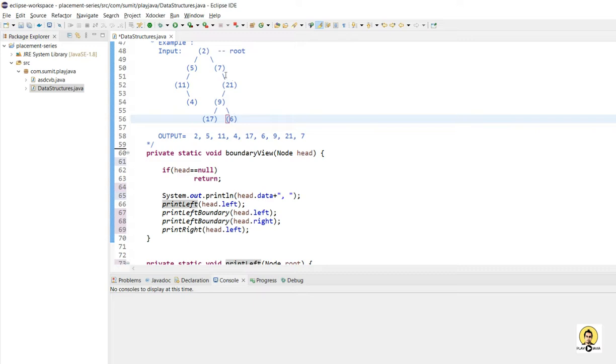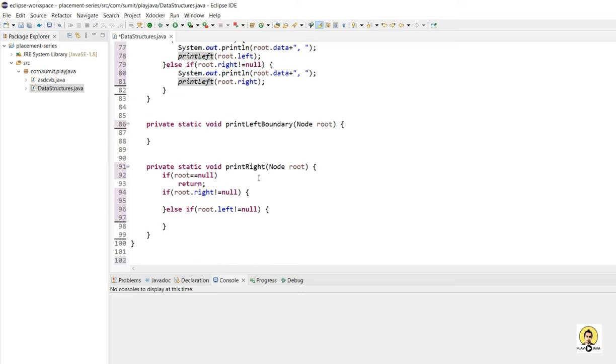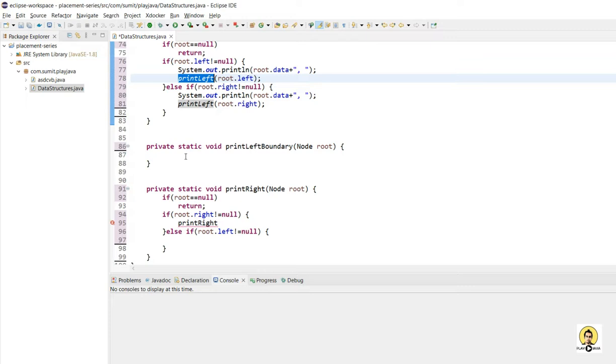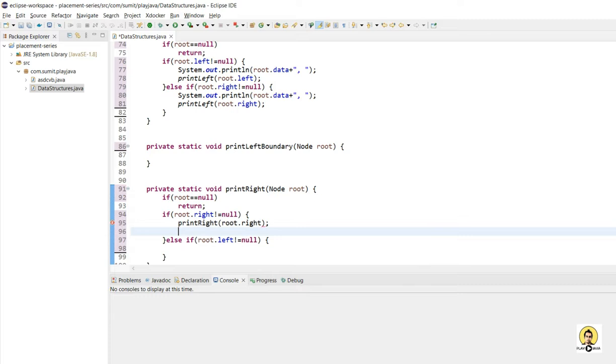That is 6, 9, 21 and 7 is coming. That is bottom up fashion. To print data in the bottom up fashion, we should first call this function, then we should print. Unlike in the left part, where we were first printing the data, then calling this function. So just the opposite we have to do in the right one: we have to call the function, then print the data, because it will be bottom up fashion. So root.right, and we have to print after that. So root.data